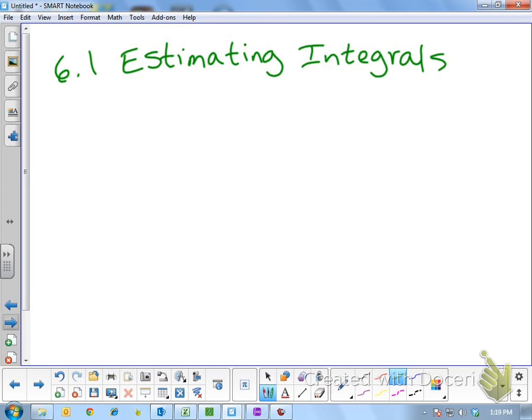So we've talked about estimating an integral and how it's basically area under the curve. And we've talked about our rectangular approximations, but we know that they're not super great approximations. It leaves a lot of empty space. So our goal today